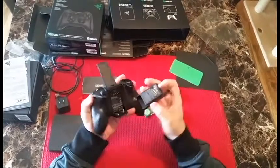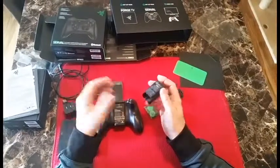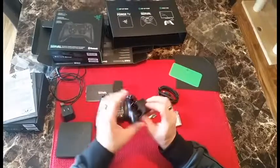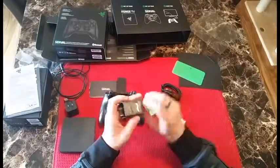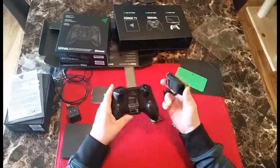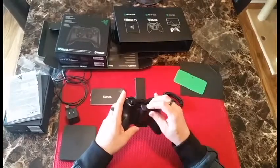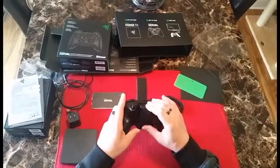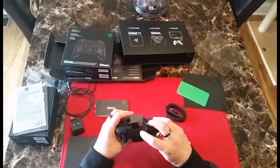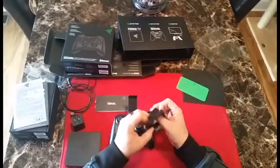Battery pack, very akin to an Xbox 360 controller or an Xbox One controller. This has become a very popular design. Two AA batteries in there. Of course, I totally can see that they're going to offer rechargeable battery packs here. So those who don't want to constantly replace the batteries when they're using it a lot can get a rechargeable battery pack. There is the plug for it there. So this is a Bluetooth-based controller. It does come with